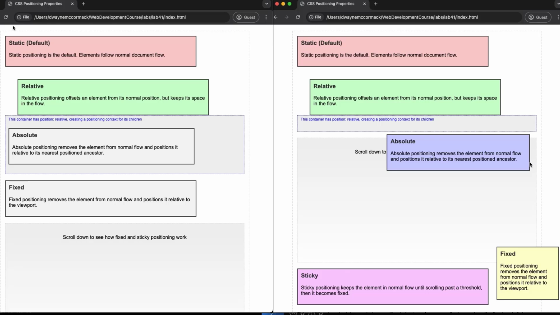So its parent has shrunk. It's as if the parent container element is empty. Well, it may as well be empty because the blue paragraph text is also position absolute and is not affecting the element height. Next, our yellow fixed element has also been removed from its original location in the normal flow